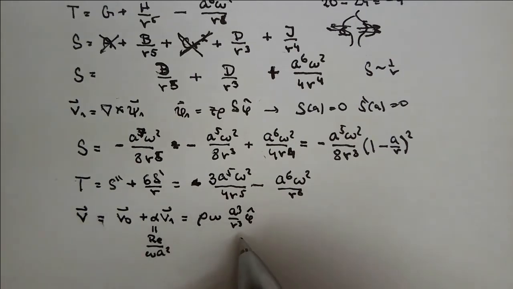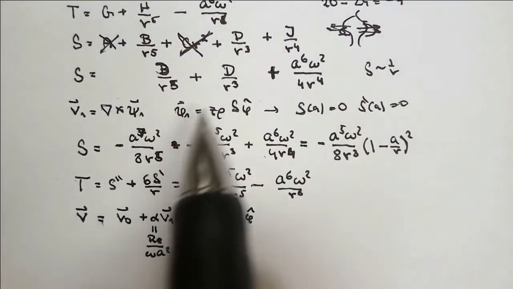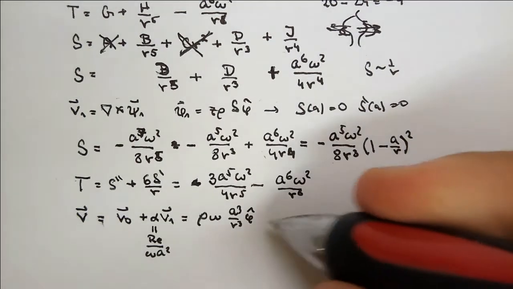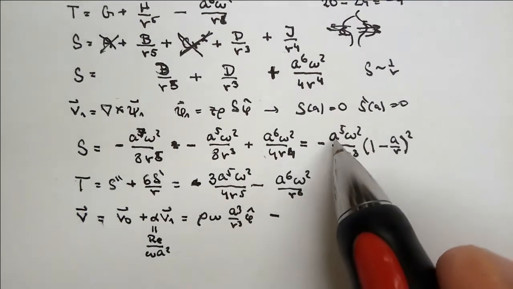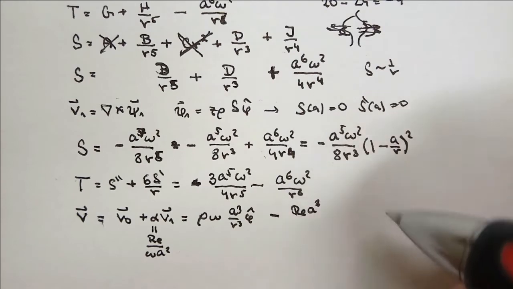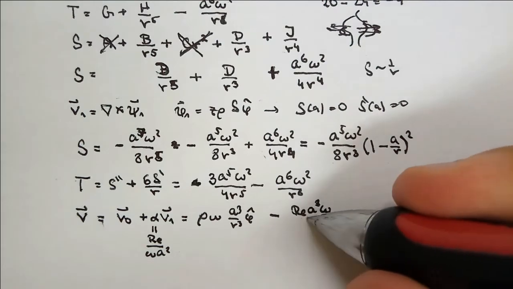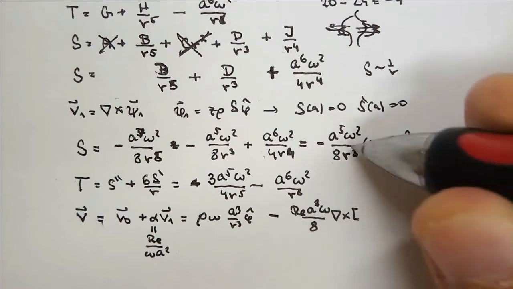So this is this, and plus, or there should be a minus from this when we use this decomposition for S. So it's minus Reynolds number times this, 2 a's cancel out, so there is Reynolds number a cubed times omega to the first power because of the Reynolds number divided by a, and there should be curl of 1 over r